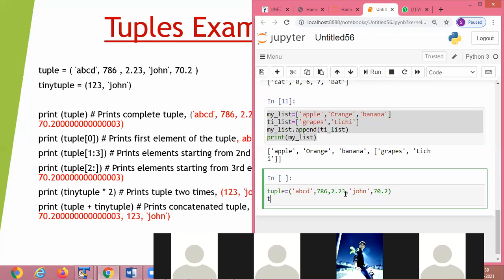Then we're using a tiny tuple, which takes 1, 2, 3, then Jan. Then if I write print tuple, it prints all the elements.